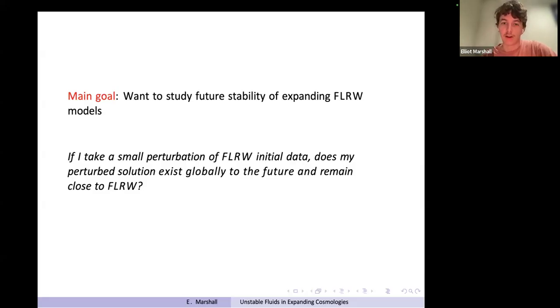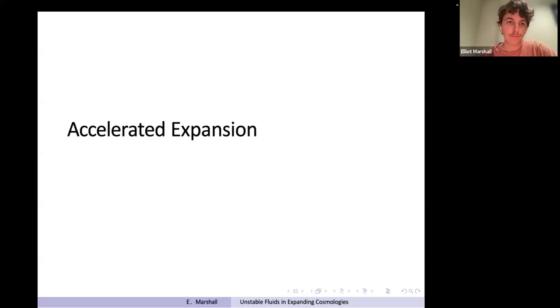Okay, so that was a very brief background of what I'm trying to do. We're looking at perturbed FLRW models in the Einstein-Euler system. As I said, there are two cases that I'm interested in. The first is accelerated expansion. In some sense, this is the more physically reasonable case. We expect, based on observational evidence, that our own universe has accelerated expansion, but it's also the more mathematically tractable case. This is where the majority of rigorous results have been established. So it's natural to first look at it in this situation.